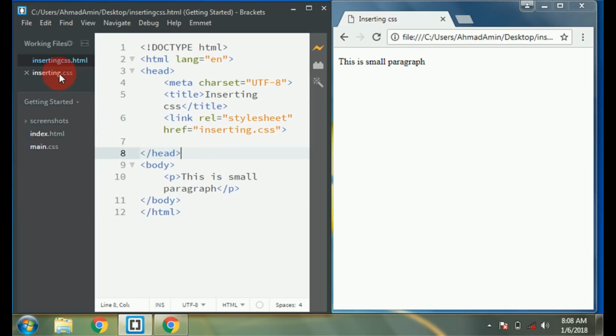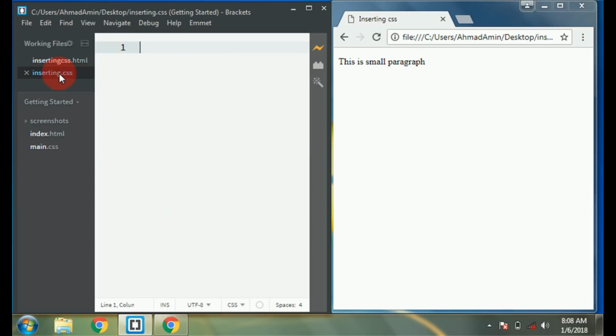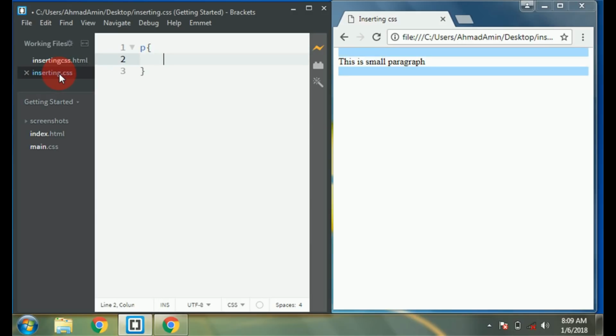So now let's go to the inserting.css file and style the paragraph. Styling an HTML element in an external style sheet is the same as styling an HTML element in an internal style sheet. We just need to select the element and use properties. In our case, we will use the p tag, which is used for selecting paragraphs. We will use properties. I want to change the color and font size of the paragraph, so